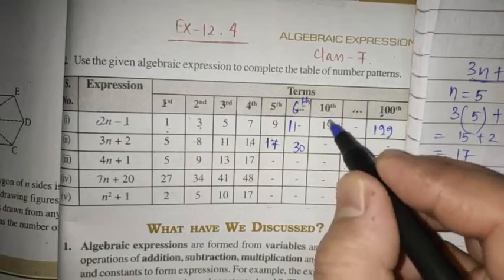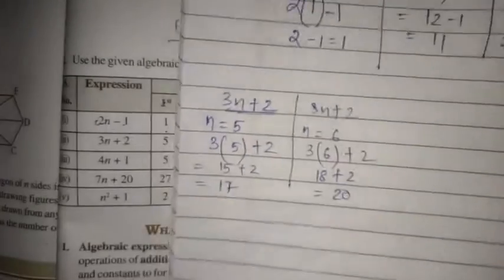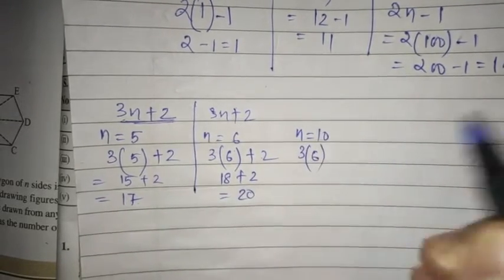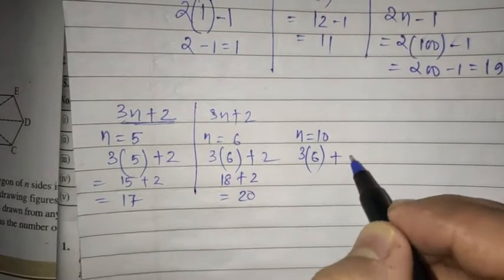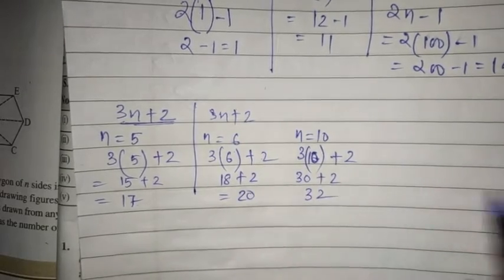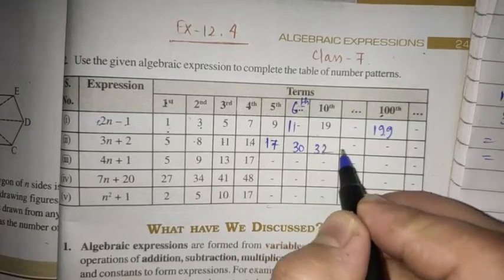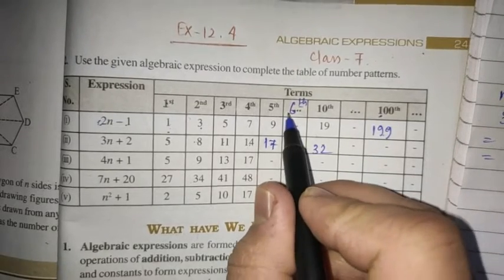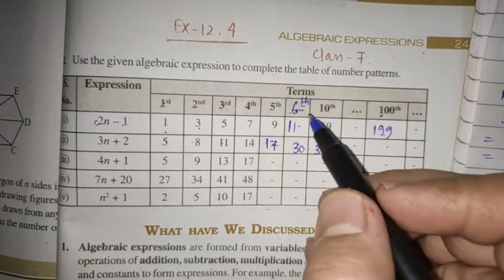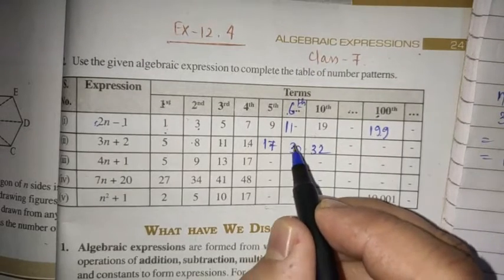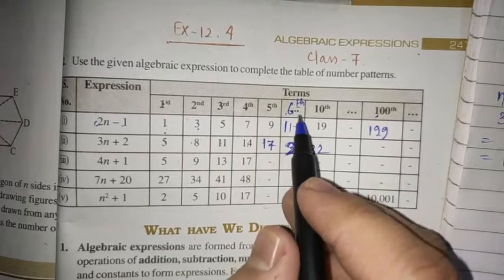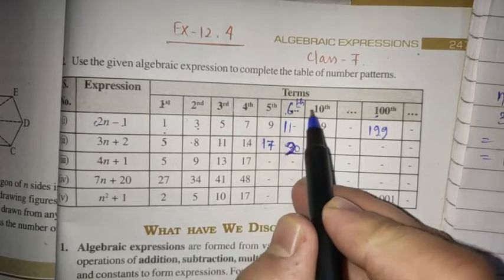Here we have to find the value of the 10th term also. So we will put n equal to 10 here because we have to find the 10th value. Whichever term is mentioned there, you put that value of n. 3 tens are 30, plus 2 is 32. Here you will not count plus 3 because it is the 6th term and the 10th term. Sorry, here I wrote 30. It is not 30, it is 20. Okay, this is 20. So there's a gap between the 6th term and the 10th term.